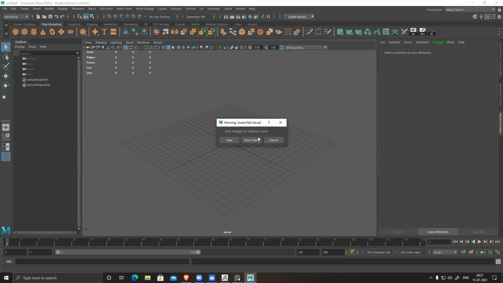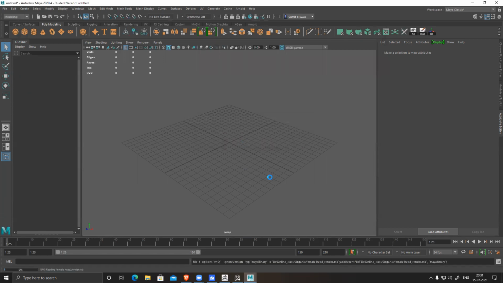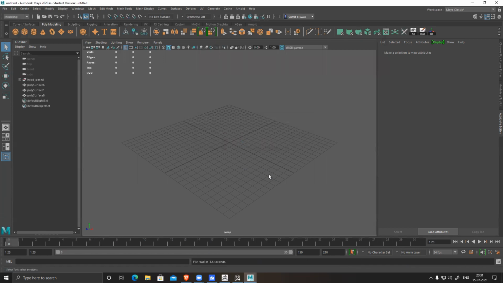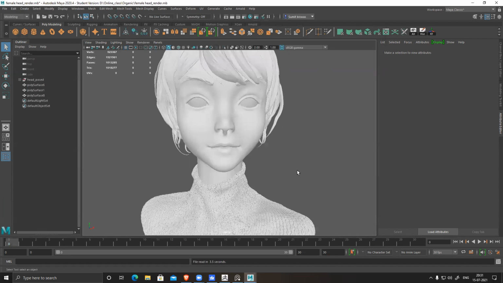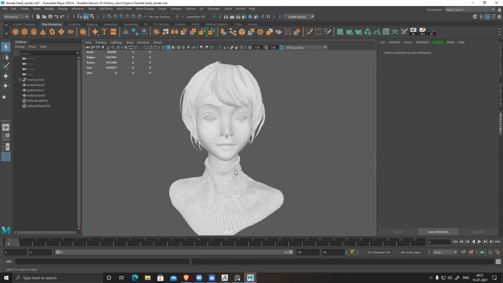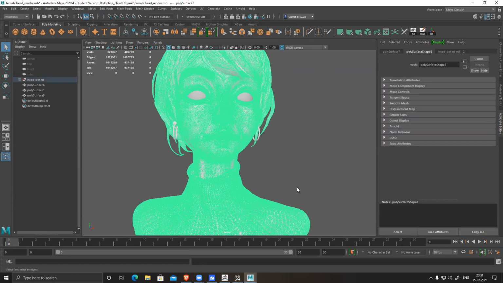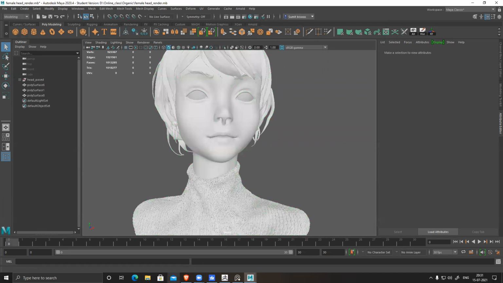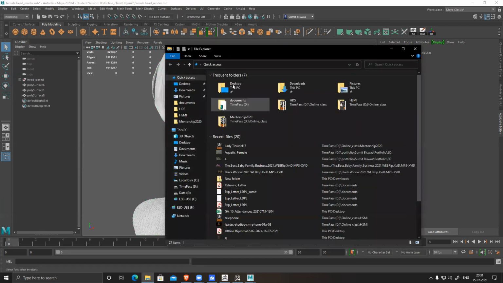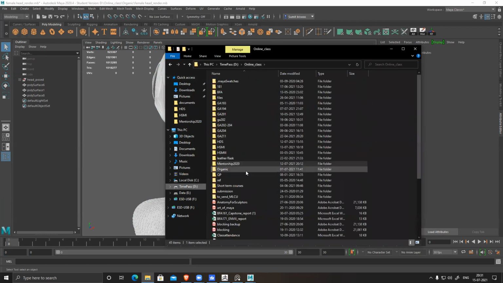So I believe this is the one. You can see this is a high poly model from ZBrush. I modified a couple of things, then rendered it out, and post-processed it in Photoshop. I'll show you the output also, it's decent.